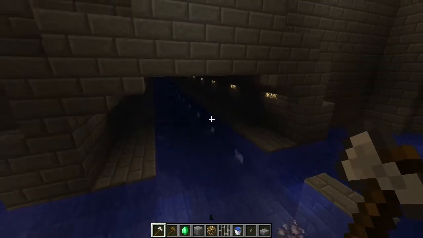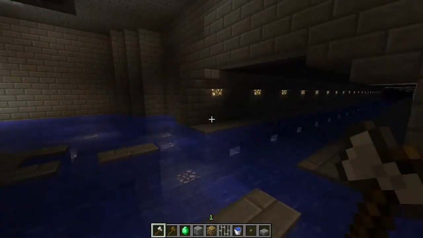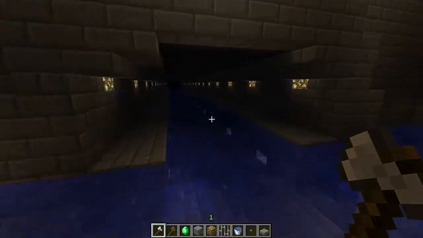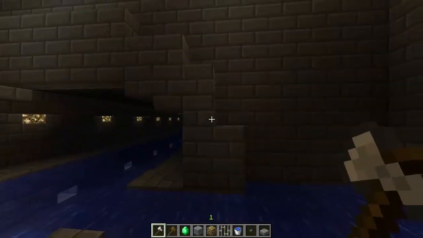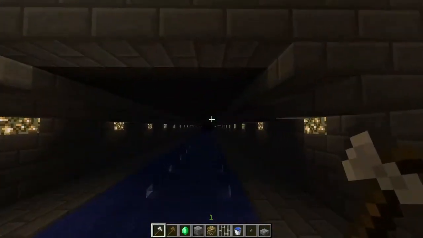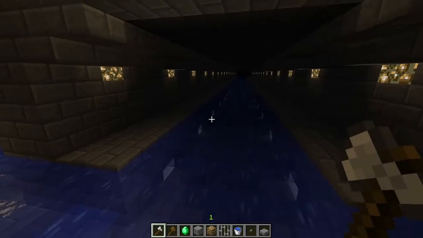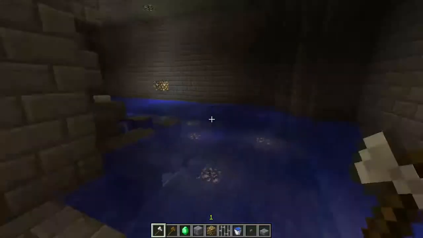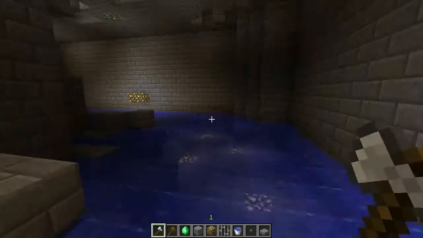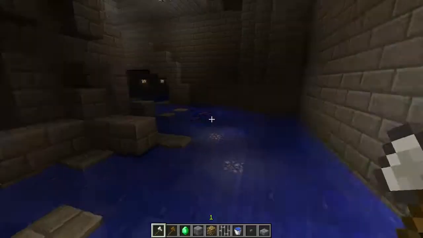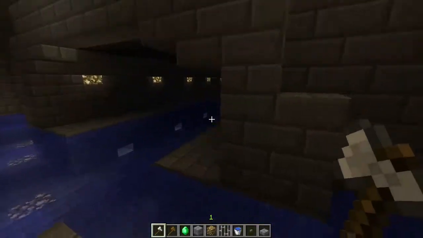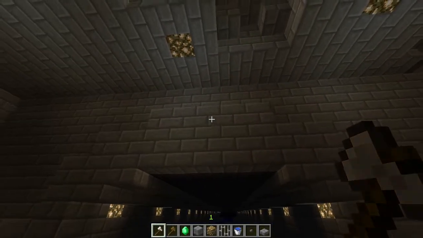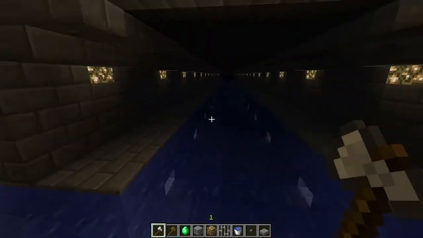Basically what I've done is I've started building the sewer systems, sort of the area here. As you can see, we've got one pretty much completely done here. I've marked where the other ones are going to be. You can see this one is 1. I'll tell you why in a sec. And yeah, so basically I'm going to use this one. I'm not going to rebuild each one, obviously. I'm going to use this one as a model and sort of copy and paste it to where it should